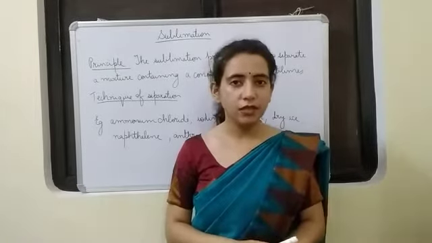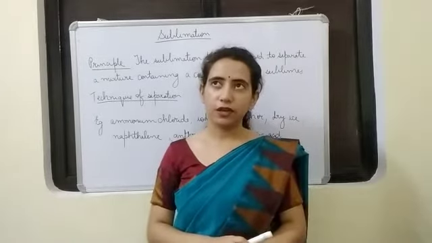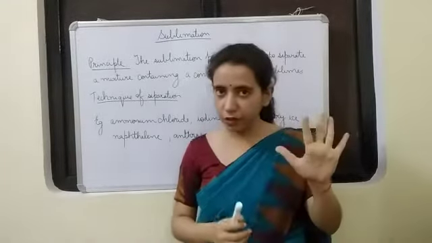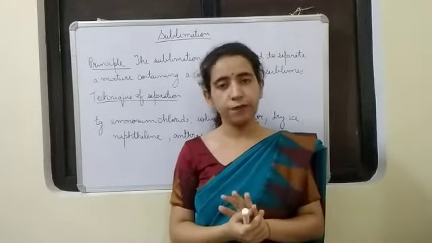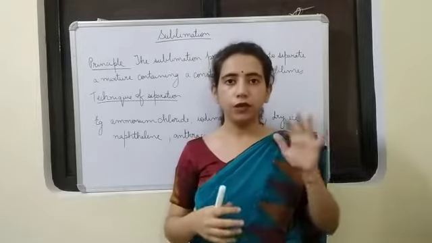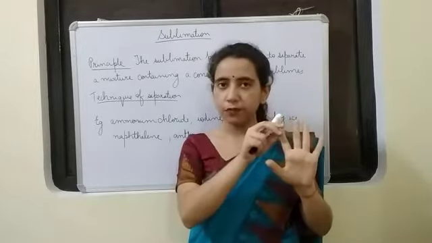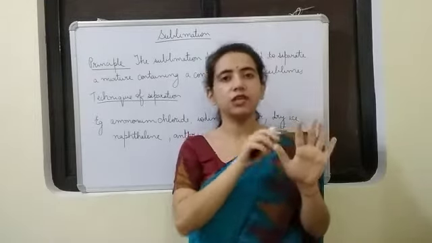Now we'll study the separation of solid-solid mixtures. For that you have already studied, the main five methods are there. Four of them you have already studied in class 7th, but we will have a quick recap of all five. The first one is hand picking, then winnowing, sieving, magnetic separation, and sublimation.